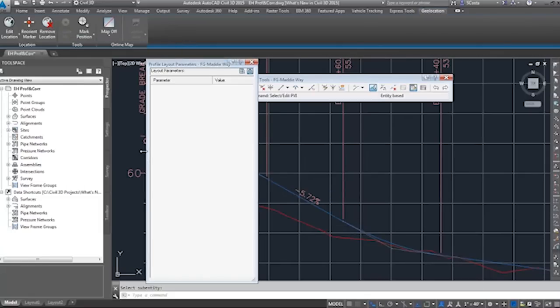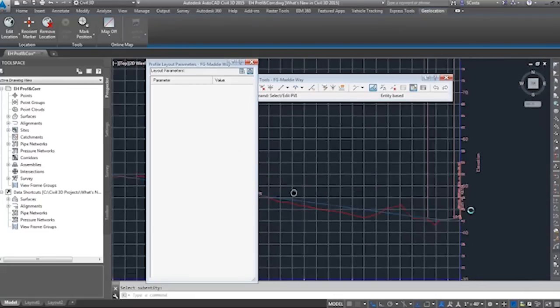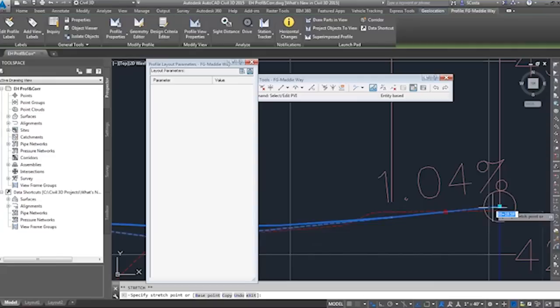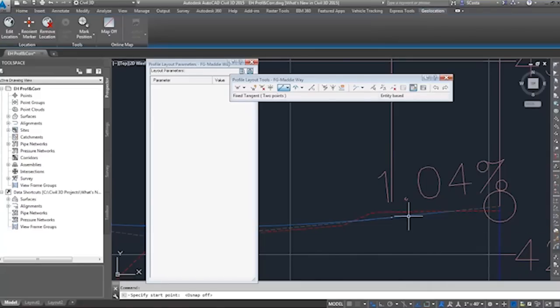One question that just came up is, does the profile extension always stay as a dashed line type, or is it layer controlled? At the moment, it's treating it as an extension. What you could do is just simply select that line through the grip, and I believe if you were to, actually I'm sorry, just finish adding the line from the endpoint on. Let's see if I can modify that